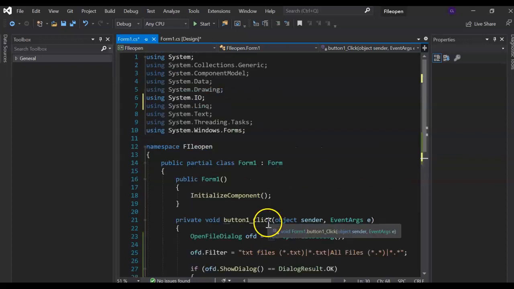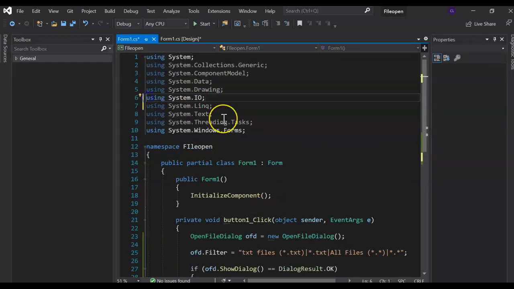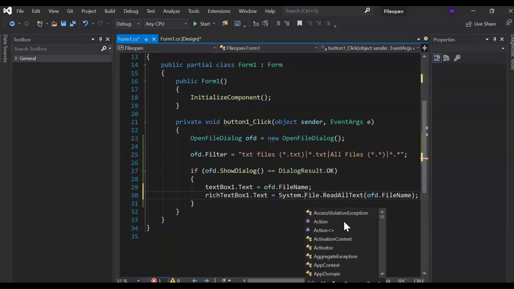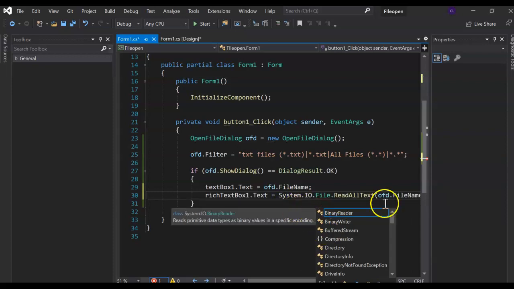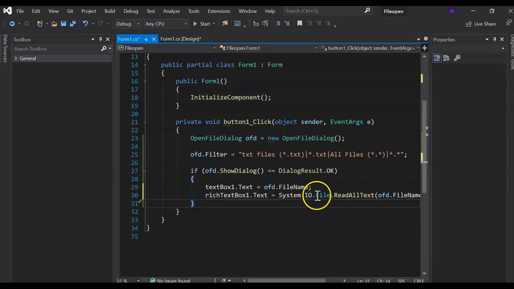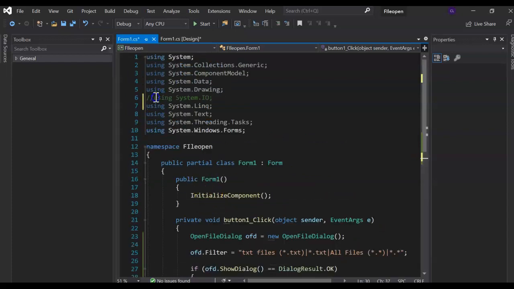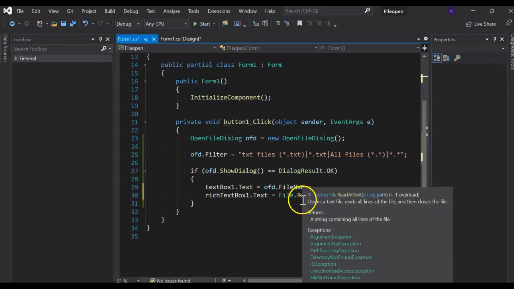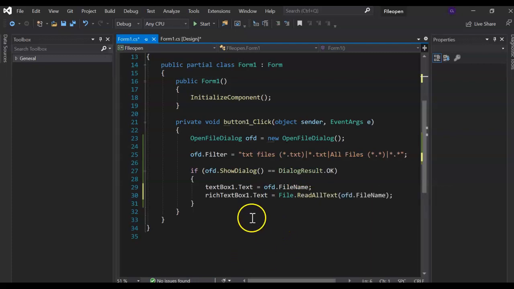Now, if we didn't want to have that in using, if you'll recall, I also could have said System.IO.File.ReadAllText. That would have worked too. But it's cleaner to just go ahead and put using System.IO there. All right, and this only obviously works for text files when we're doing text, but let's go ahead and run this